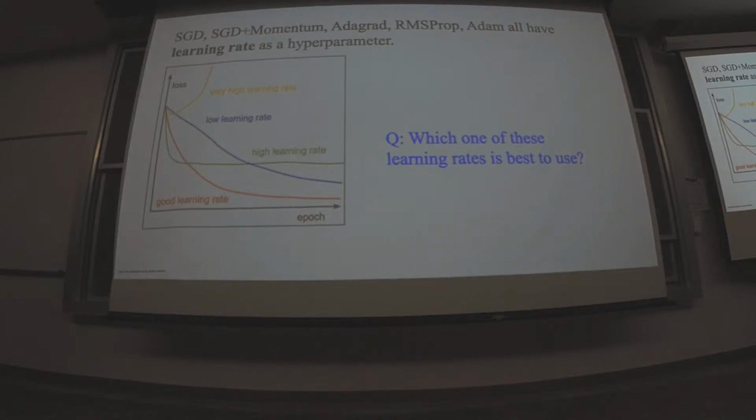So which ones do you use? Or which learning rate do you use? That's also another parameter that you have to choose. There's a lot of choices here, right? And what this is trying to illustrate is that